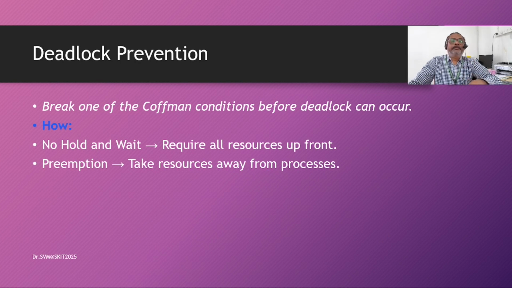Next is preemption. Allow preemptions. If for a longer period any resource is held by a process, and you feel that process is in wait state, then better release that resource so that some other process may use it, and that way other processes continue to work, only one process gets cancelled. You can take away the resource from the process just by killing that process forcibly. That way we can allow preemption,